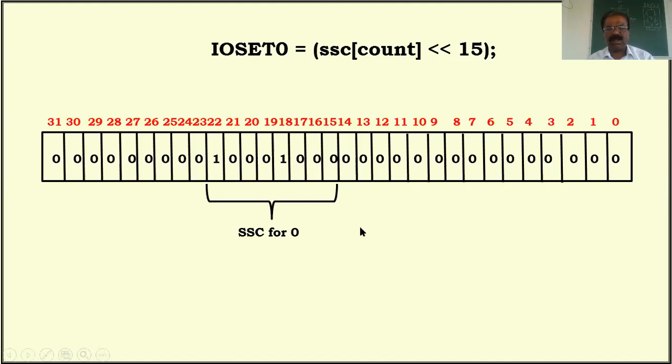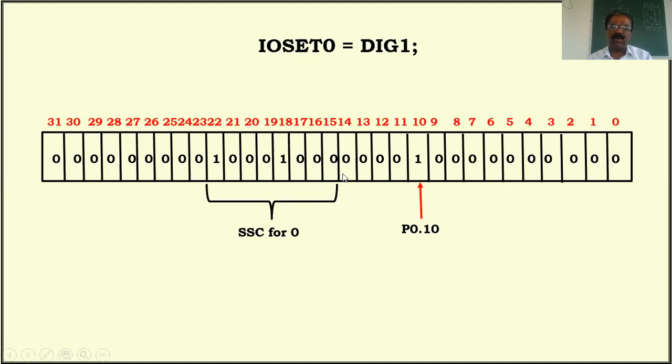Next, I am going to explain the actual code. One more very important thing: after this, we have to make P0.10, which is connected to the anode, high. The anode must be high. Then we place the data, the 7 segment code. Then only can we see the output. Even after placing the 7 segment code from P0.15 till P0.22, if the P0.10 bit is low, there is no meaning, you won't get output. Therefore this must be high.